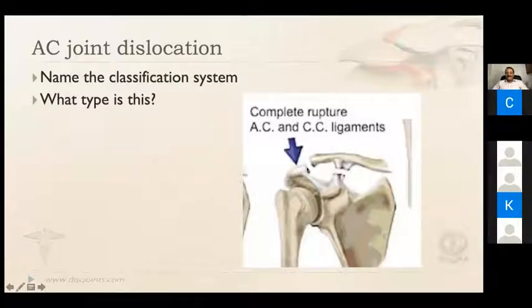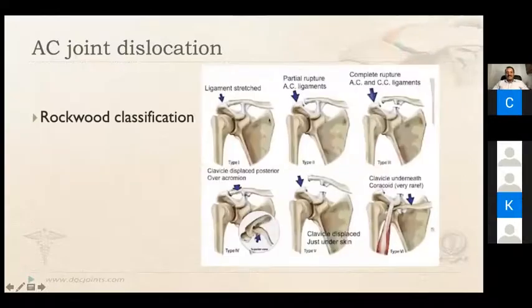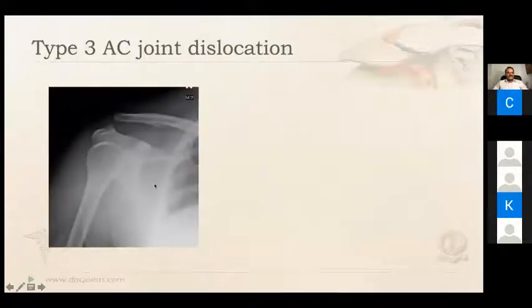3. Yes, more than 50%. It has crossed more than 50%. I would call it a 3. I'll show you the pictures. I took it from this picture. So type 2 is where less than 50% of the dimension of the acromion is crossed by the clavicle, and that is 3. 4 is posterior. 5 is what you said, where it is completely displaced up, and 6 is something very rare. It's probably of only theoretical importance. I have not seen any, seldom seen. So that's a type 3, or maybe you can call it a type 5 as well.